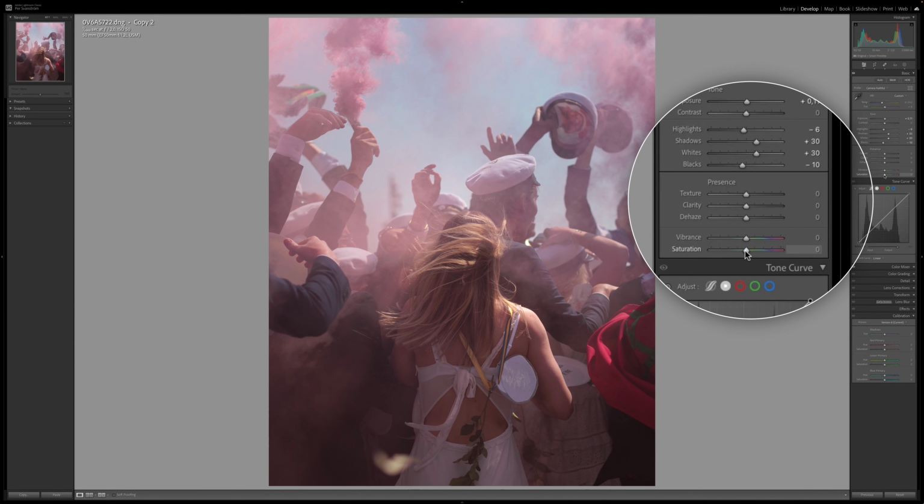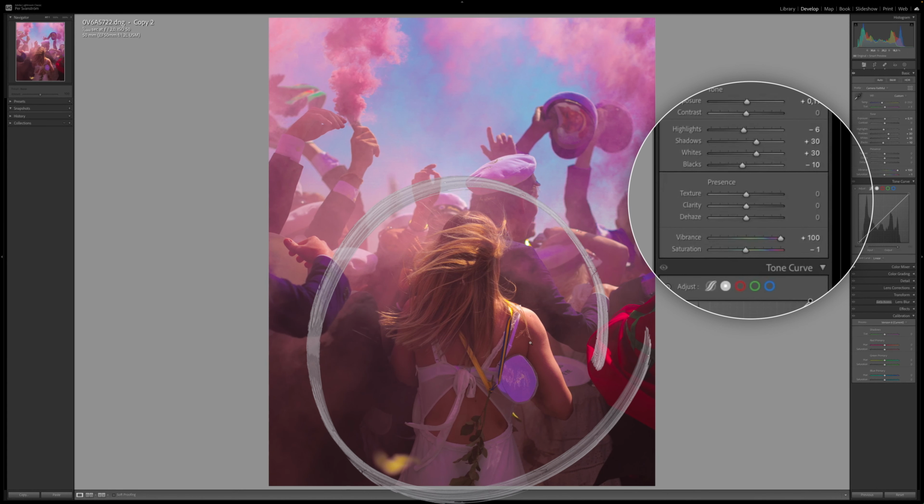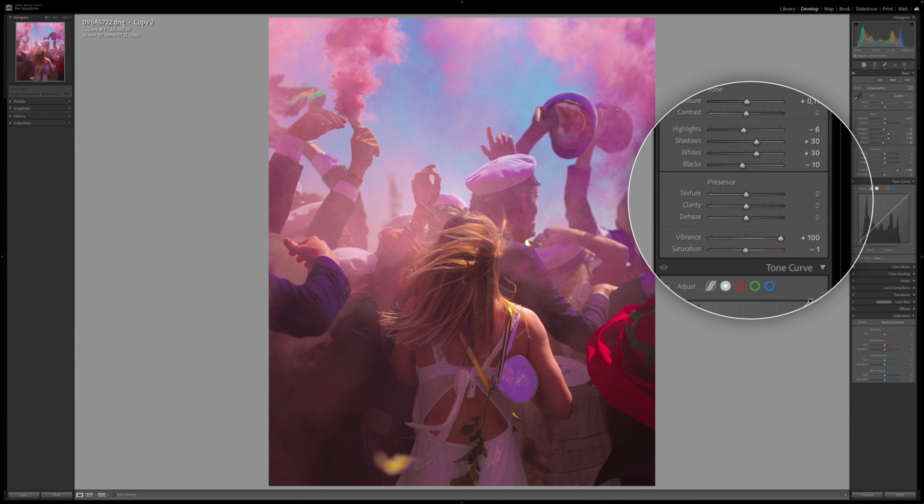I can show you quickly: if I take saturation all the way to the right, it looks horrible, right? And if I take vibrance all the way, it looks horrible, but in a different way. You can see it increases mostly on all the color parts, but she looks untouched, and that's because vibrance protects skin tones. So by double clicking, I reset it. I'm going to increase vibrance,